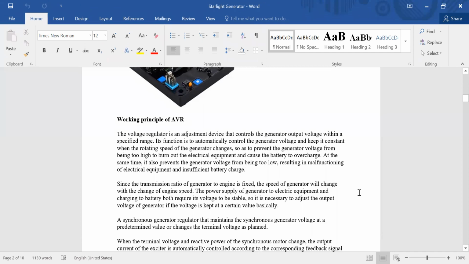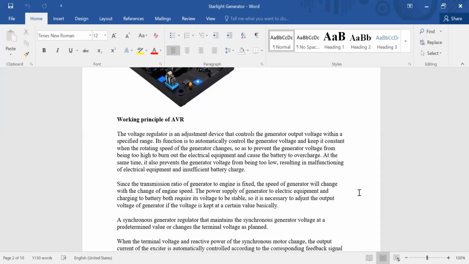So when we are talking about synchronous generator, the basic principle of synchronous motor is that it's not self-starting. So we are giving excitation by a pony motor or by external means. Whenever it is coming to its synchronous speed, then we are giving the supply and the magnetic locking will be there. That is the basic principle of synchronous generator.